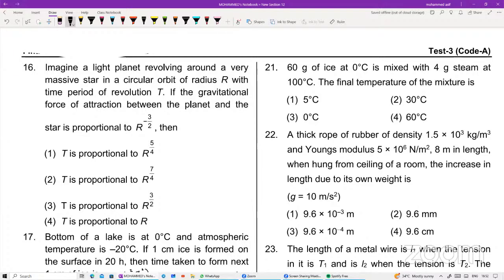ठीक है ना. अब यहाँ पर देखो 60 ग्राम ऑफ आइस एट 0 डिग्री सेल्सियस इज मिक्स्ड विद 4 grams of your steam, यानी heat required to melt the ice will be equal to how much for me? Q1 is equal to 60 into latent heat of ice, which is 80, that will be equal to 4800 calories of energy has been required. Steam के लिए Q2 will be equal to 4 into 540 plus, say for example converting into the water, so plus